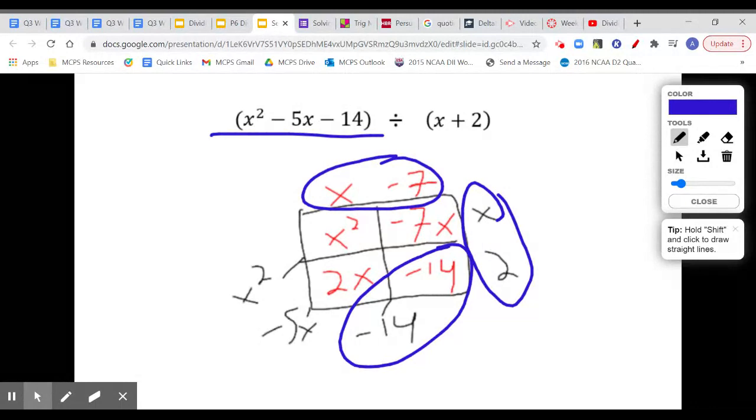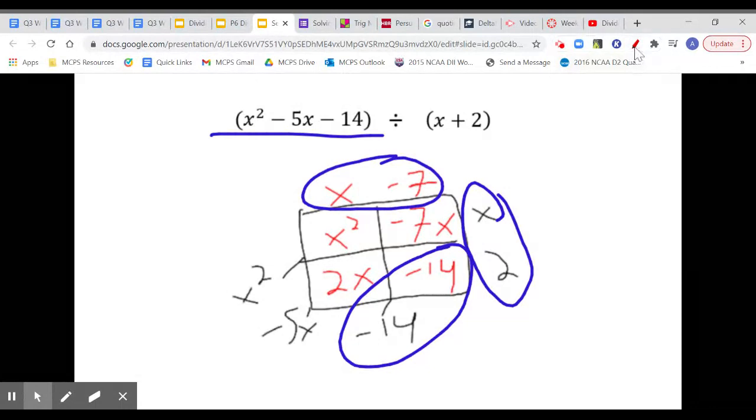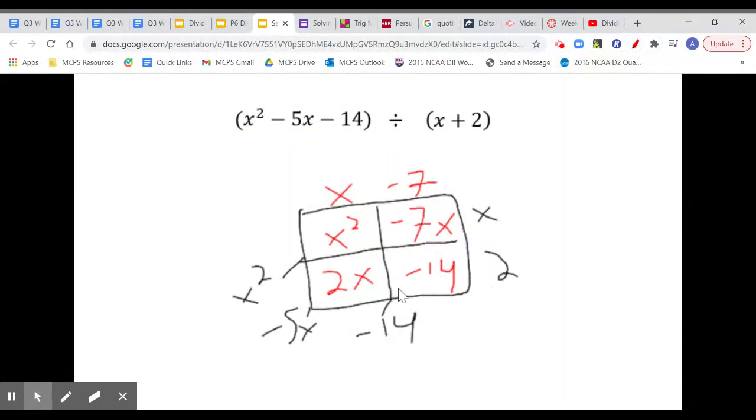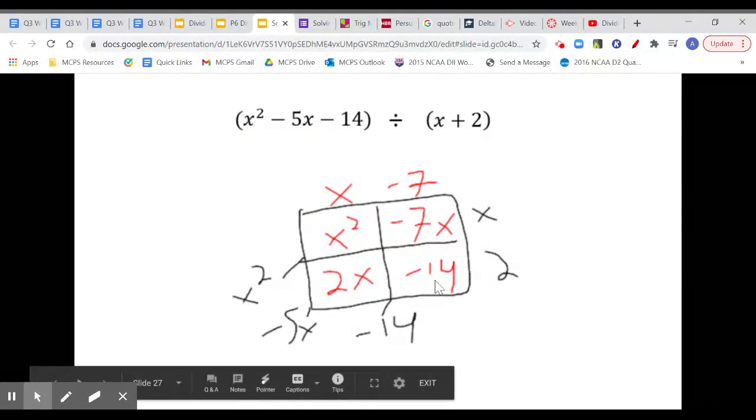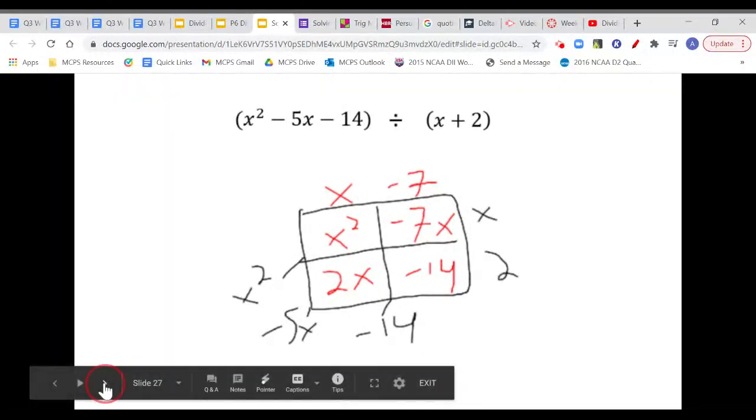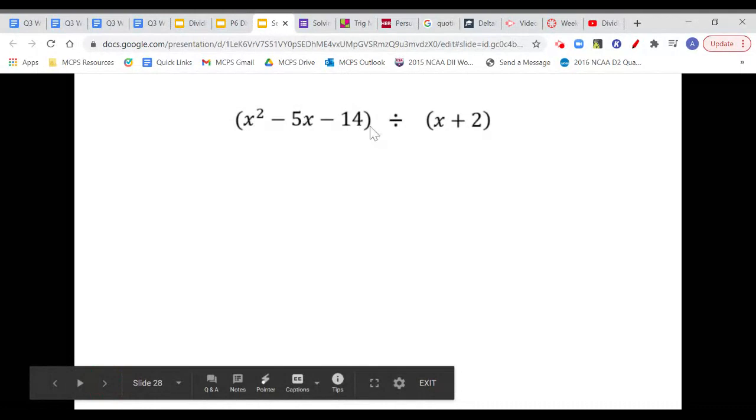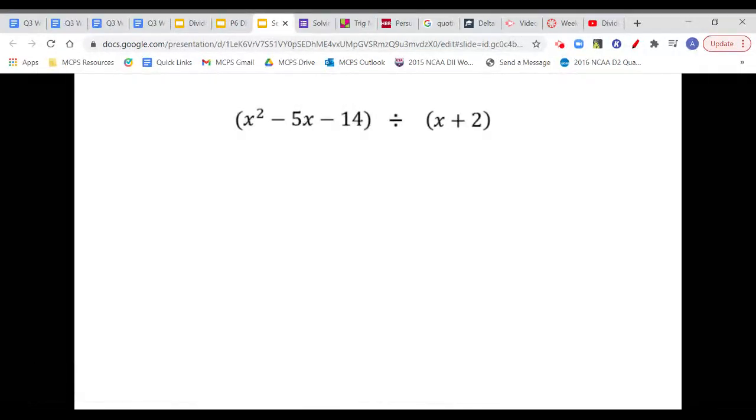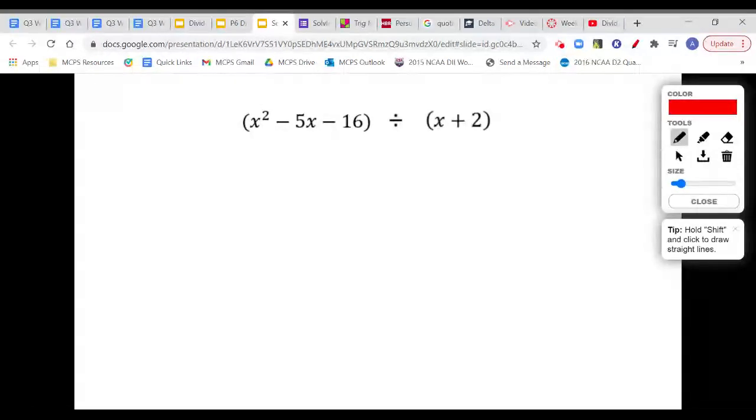Now, what would happen though if that wasn't true? What if this wasn't negative 14 and it wasn't the same? Then we wouldn't have the exact correct area. So let's look here. I'm going to do a really similar example here. I'm going to do it using both methods. I'm going to start with the area model, but then I'll get to long division. I'm going to change this problem slightly. Instead of minus 14 at the end, I'm making it minus 16,